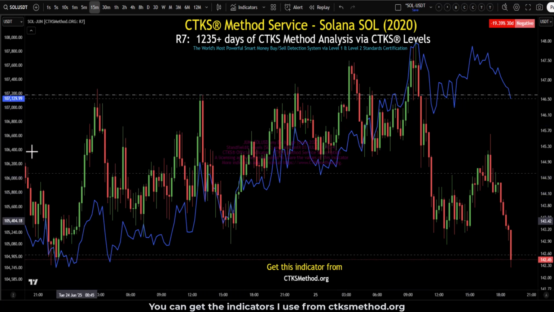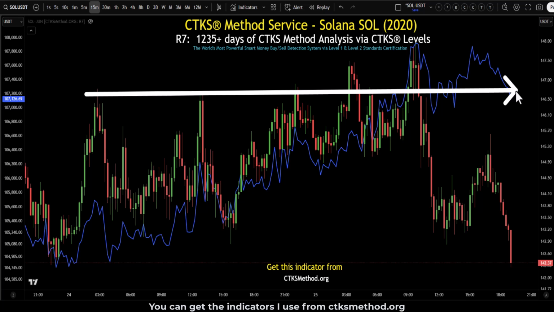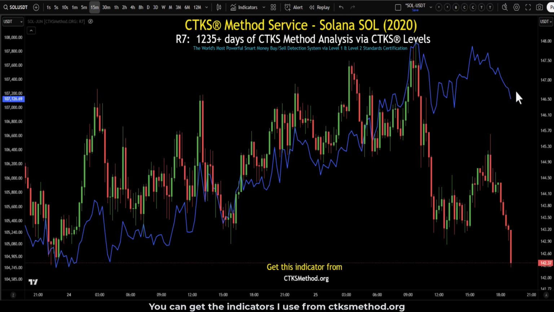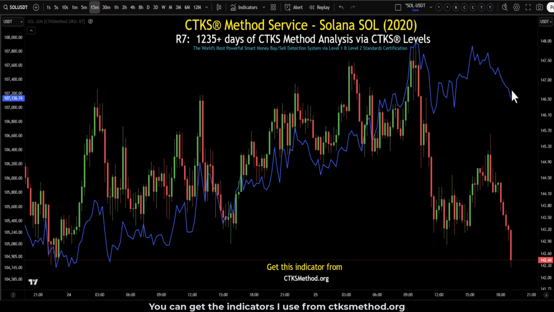If you were just looking at Solana like this and you didn't have any concept of structure, well, let's just show what that would look like. We'll just turn the structure off. You would be buying here saying this baby is going to the moon, and all of a sudden it crashes back. So you would probably sell. And when it comes up again, if you were there and you were buying, you would just say, oh, it's going to go for it. But you never knew that structure was playing a very dastardly role, a very bad role, a very evil role through that area and causing Solana to fail and fail and fail.